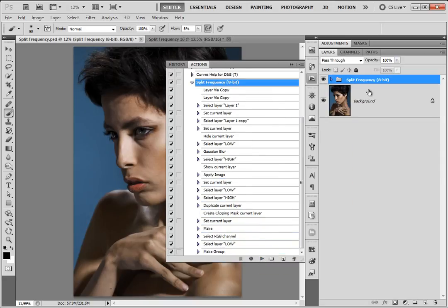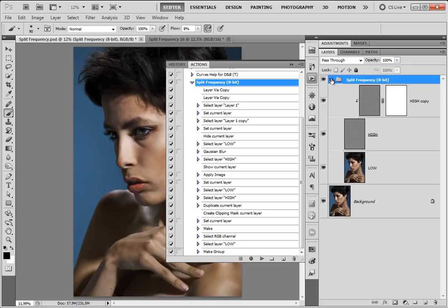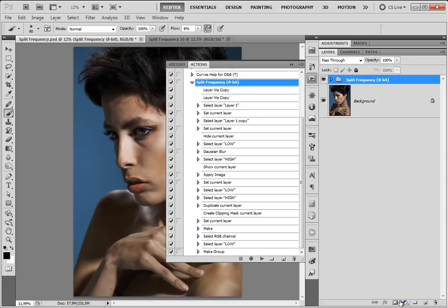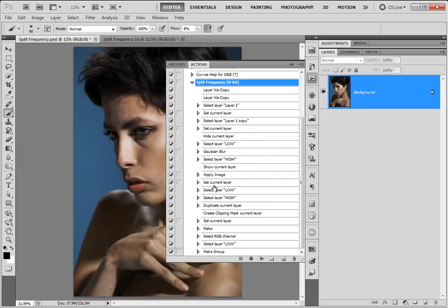Well, that's all fine and good. It created a group with all the layers and everything, but we have one problem. It didn't ask us to enter the settings for apply image. It didn't ask us to change the settings for Gaussian blur, which is exactly what we want. So I'm gonna delete that, and I'm gonna,